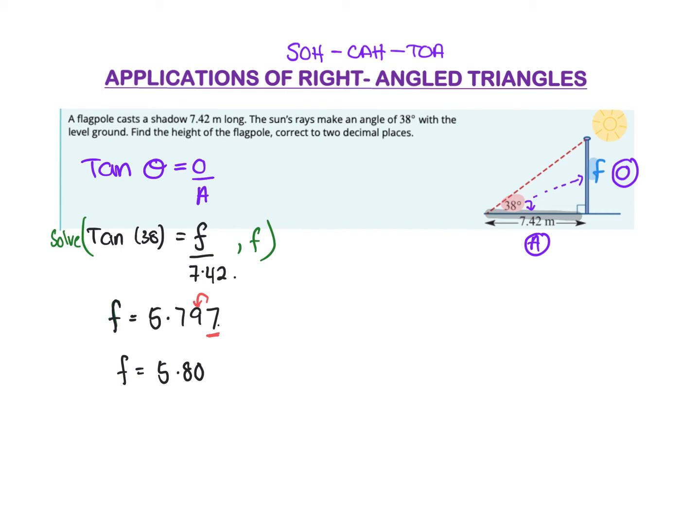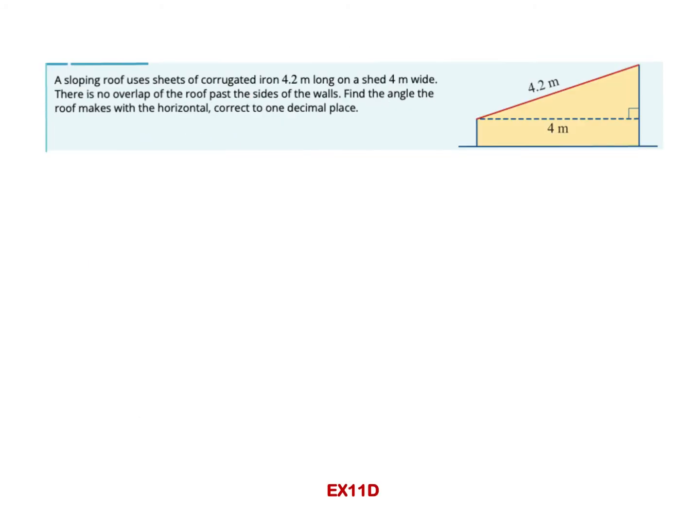Now we need to put the units in, or really we should make a statement because this was how tall the flagpole was. So we'll just write the flagpole equals 5.80 M for meters. All right, a sloping roof uses sheets of corrugated iron 4.2 meters long on a shed 4 meters